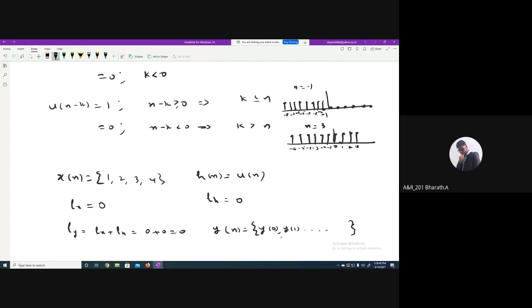How can we say L of h equal to 0, sir? Because when you draw u of n, what is the definition of u of n? It will be 1 when n is greater than or equal to 0. It will be 0 when n is less than 0. That is what it says. So from 0 only it will start, so it is the lower limit. So y of 0 onwards, n will never be negative. So n equal to only positive.